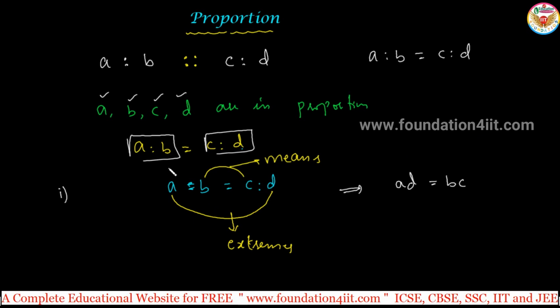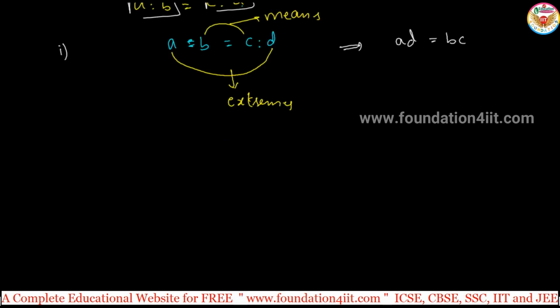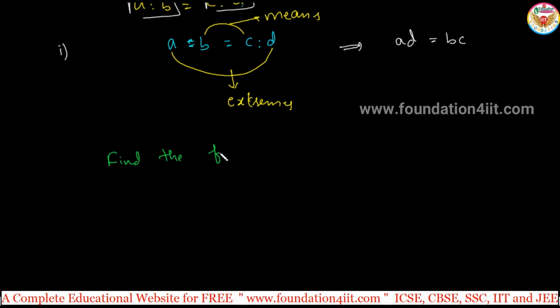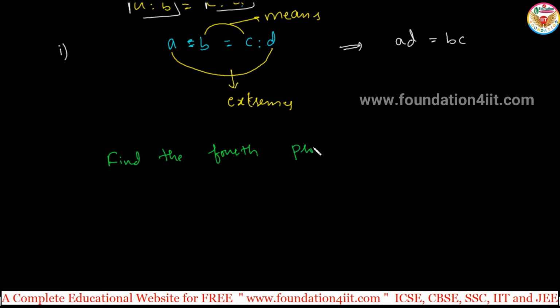Out of these four terms, if any term is not given, we can find it out. Let us see one example, then go for the continued proportion. Here, find the fourth proportion. Total four terms are in proportion. In case the fourth one is missing, find the fourth proportional